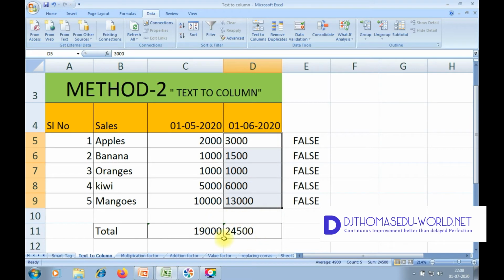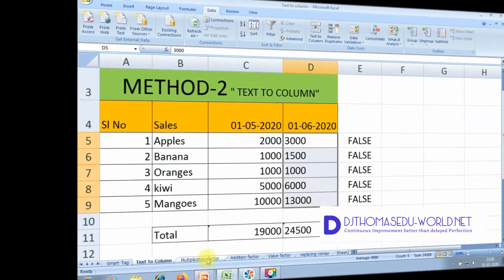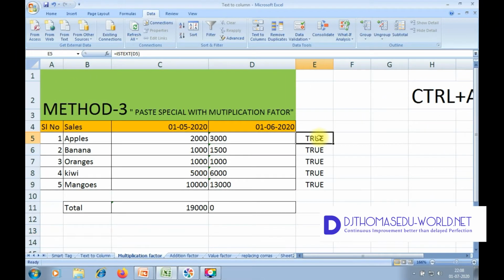And also we can see that previously this cell, D11, was blank. Now it has taken the addition of it. Likewise, we'll go for multiplication. I have given the is text condition and a sum value. Since it is text, it is not calculating any value and it shows 0. I'll use a multiplication factor.